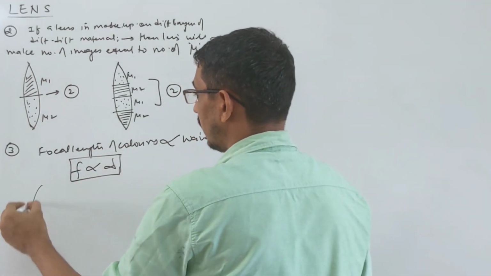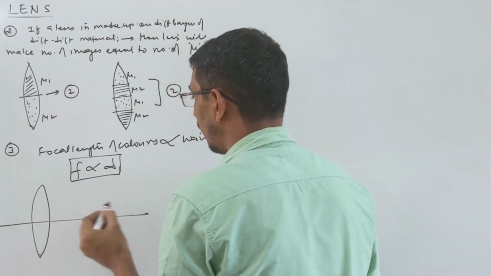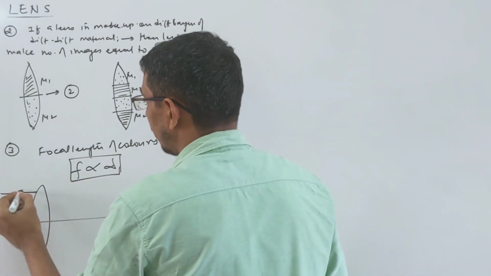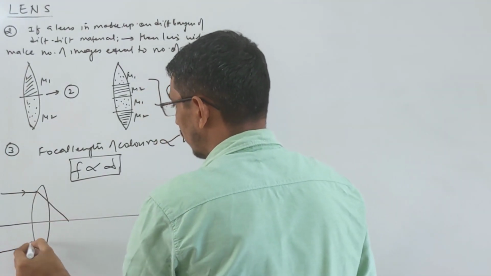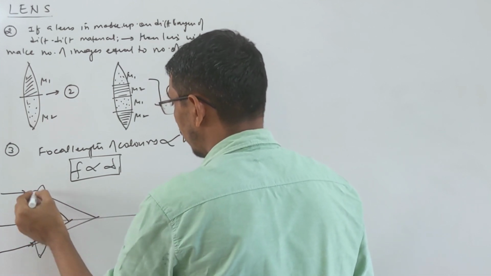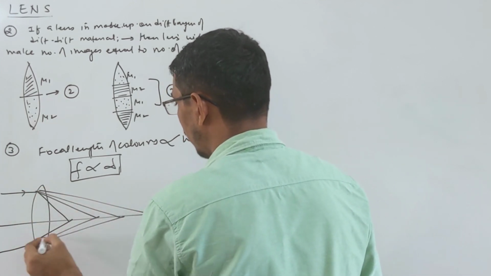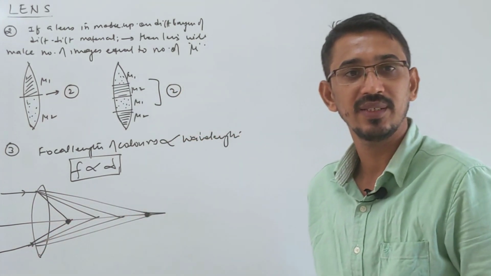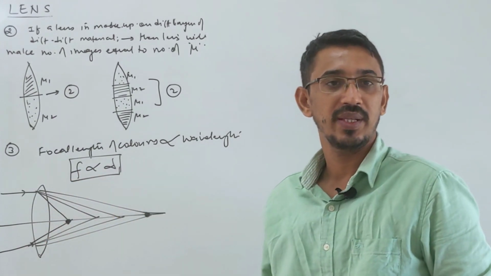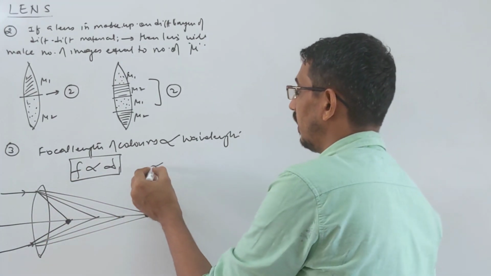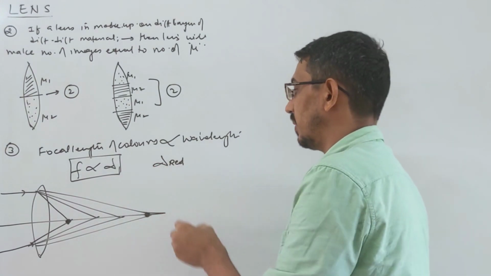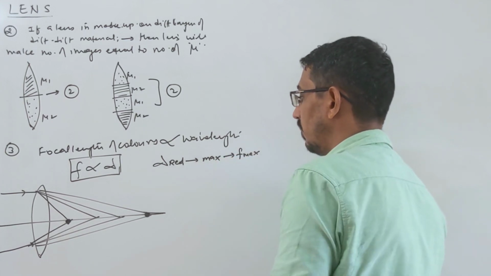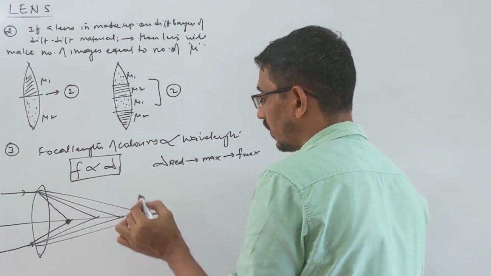Suppose you have a lens. Actually this is a defect in the lens, called chromatic aberration. I will talk about this when I discuss the next topic, prism. So suppose light is coming, then one focus will be here, one here, one here. Different colors will make different foci. We are interested in who will be farthest and who will be nearest. Focal length is directly proportional to wavelength. Red color has the highest wavelength, so lambda red is maximum, which means the focal length of red color will be maximum, so the farthest will be the red color.